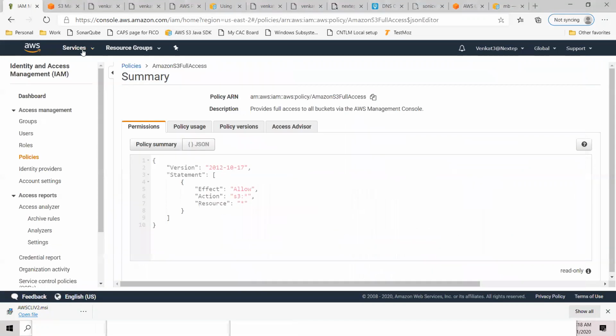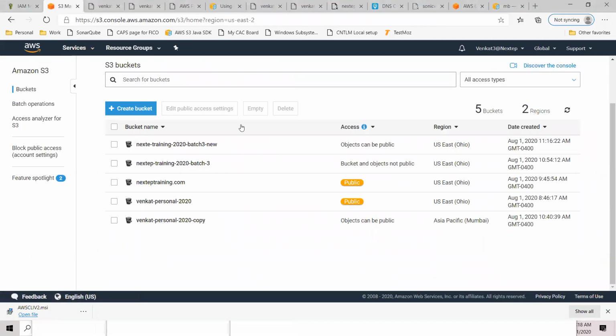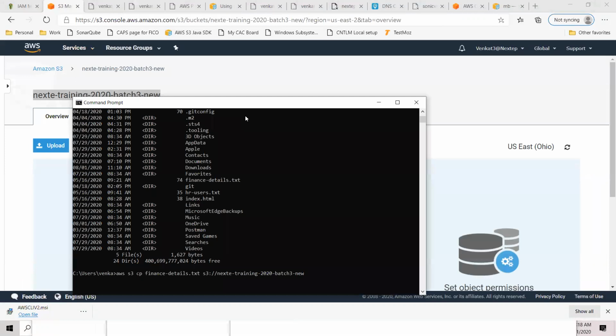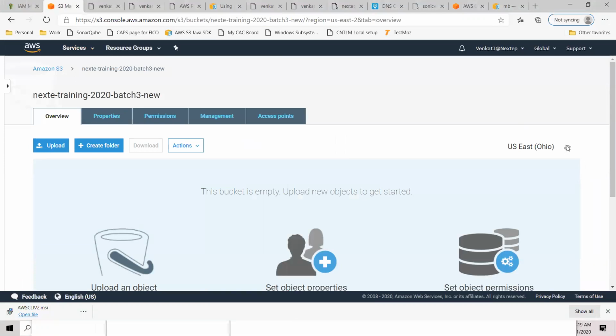What's my bucket name? This is the newly created bucket, right? This is my bucket name and I want to use the same. So upload it. Let's see if it's successful. Let's refresh it. There you go.